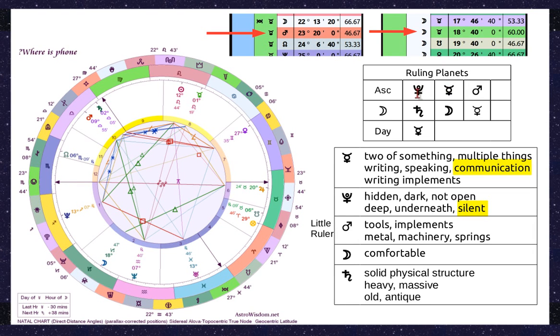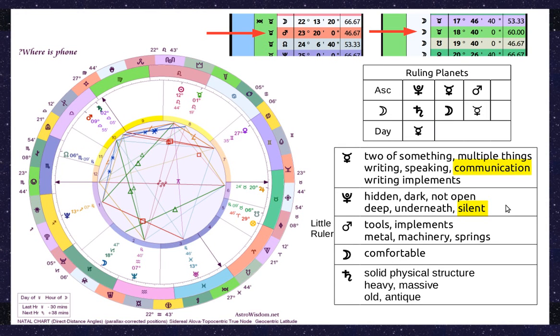Mercury is strongest, Pluto is second, Moon is third, Saturn is fourth, and Mercury we already have. These 2 planets, Mars and Mercury here, are the little rulers. They are not ruling planets, but they are very, very useful, as we shall see. Okay, so the first thing we see is that Mercury governs communication, and Pluto governs things that are silent, and indeed the question is about a lack of communication that is silent. So as always, a moment chart will show the nature of a question.